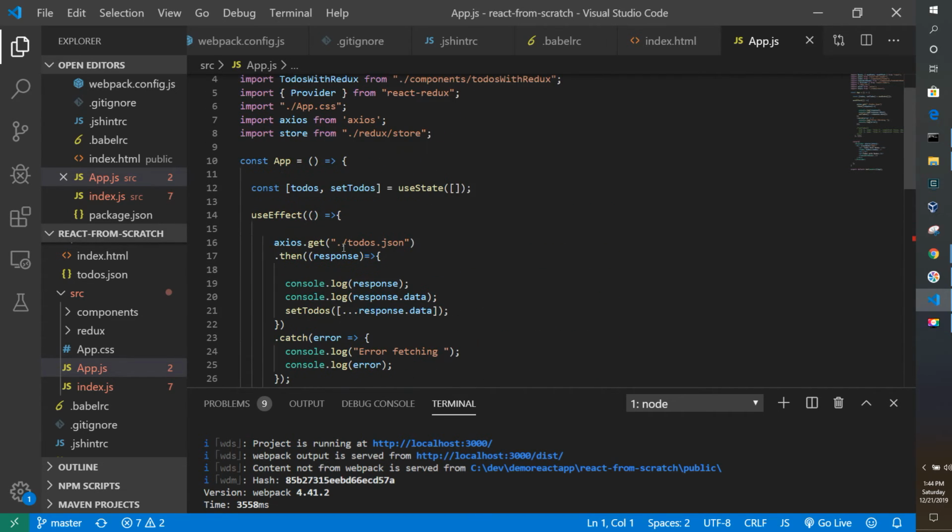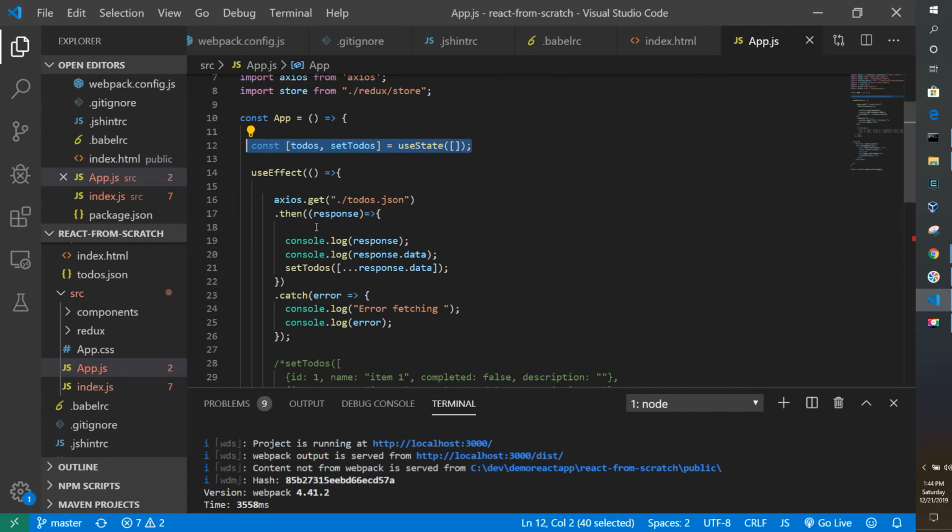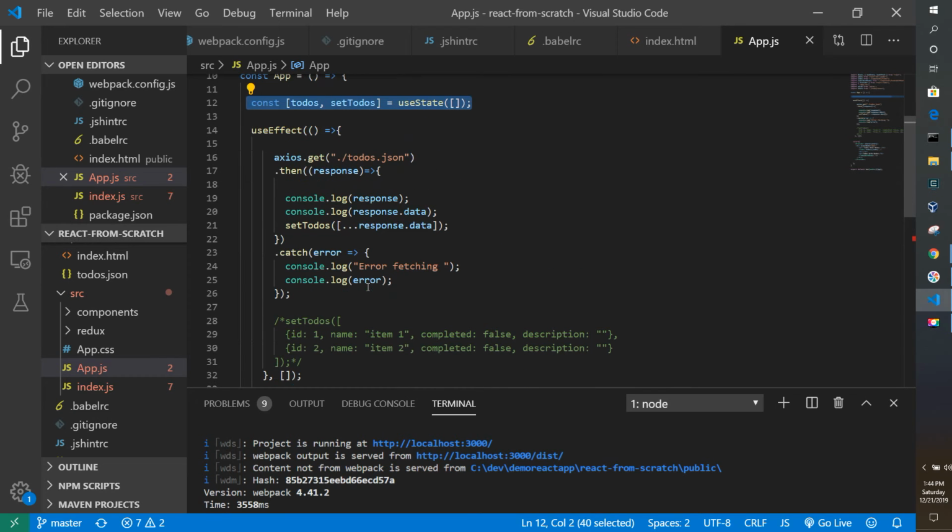But this is not that. This is just saying, okay, I have a functional component. If you're not familiar with arrow functions, this is really just a JavaScript function, but it's an arrow function, and it's using state and using hooks and all of that. And then it's basically calling Axios to get the to-dos JSON, which is a